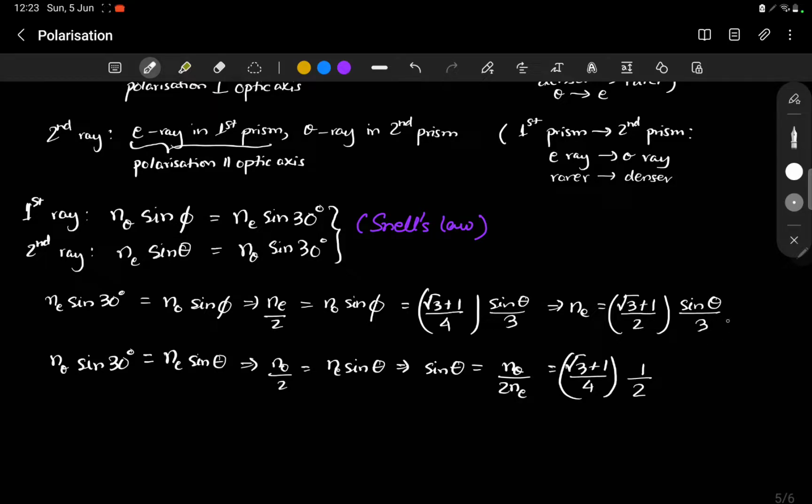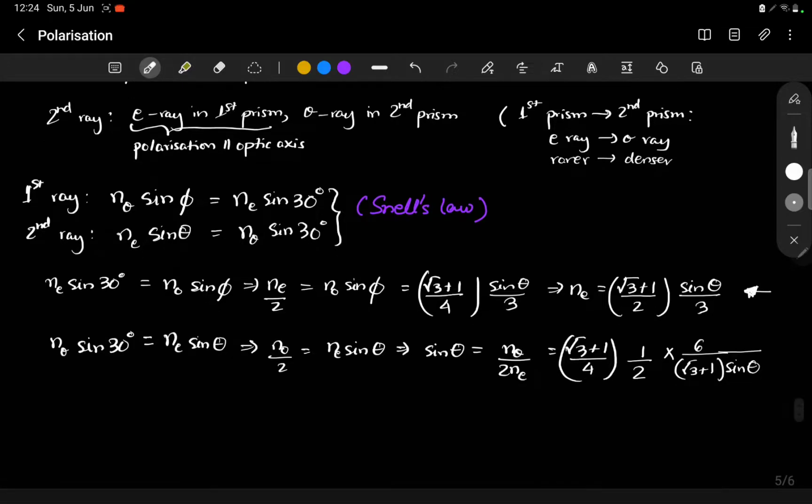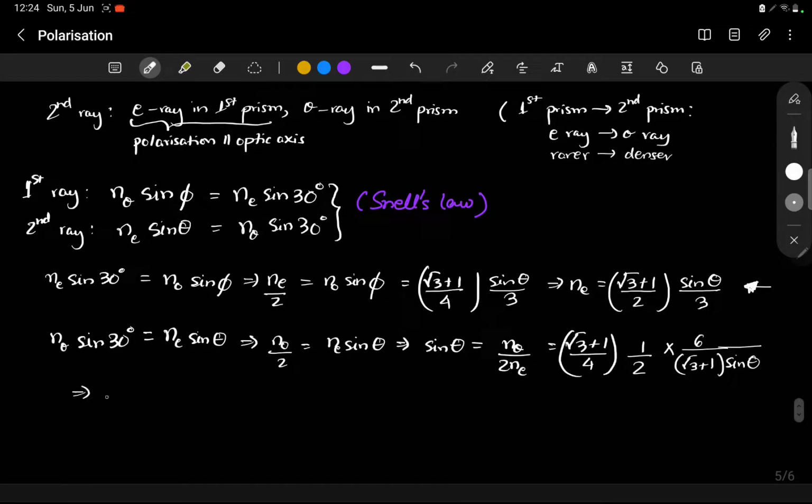So from here we will use the Ne value. So divided by Ne would be basically